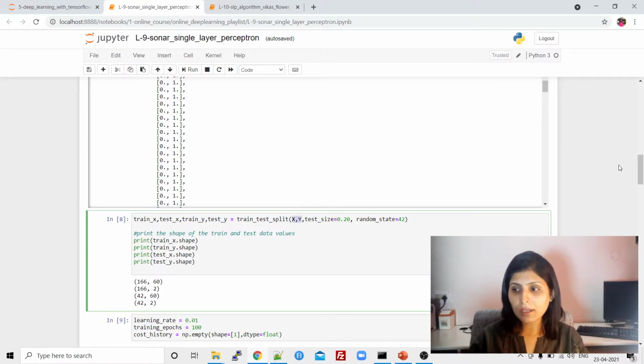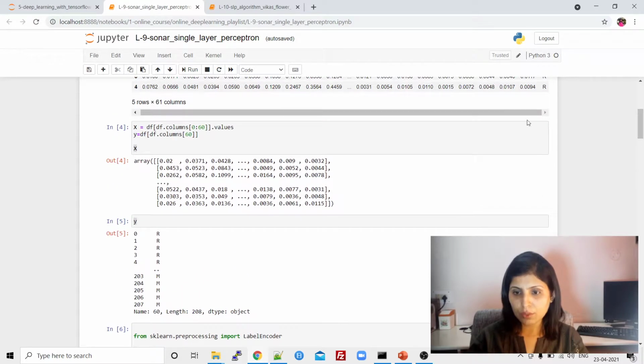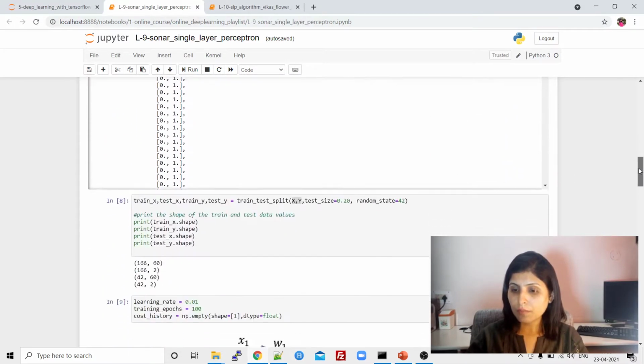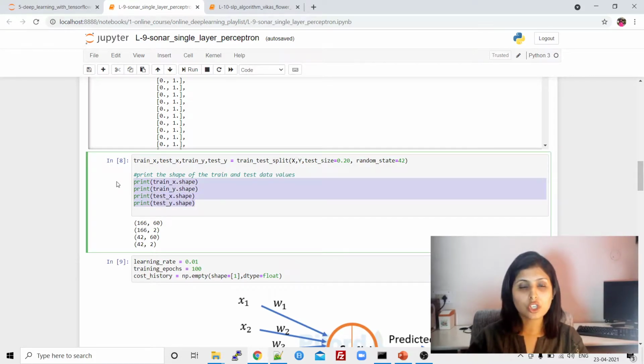This capital Y I have just shown you, the one hot encoded data, and x we have already defined above. Let me show you once. Yeah, this is x, right? So the first 59 columns are there in it. We are splitting the data, and after that I've printed the shape of all the variables. So in train X, we have 166 different records and 60 columns, and in train Y, why do we have two?